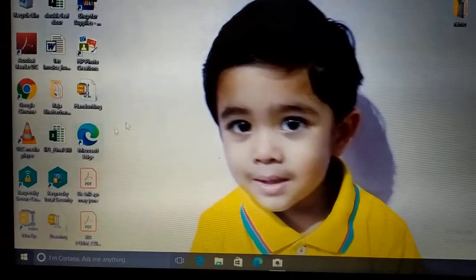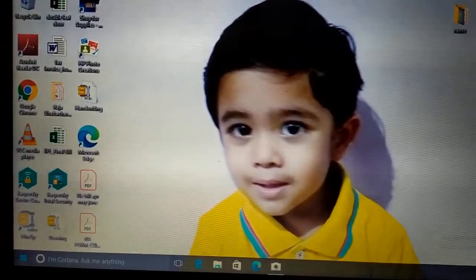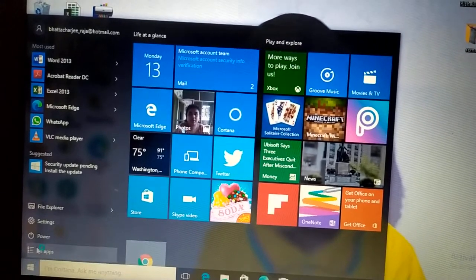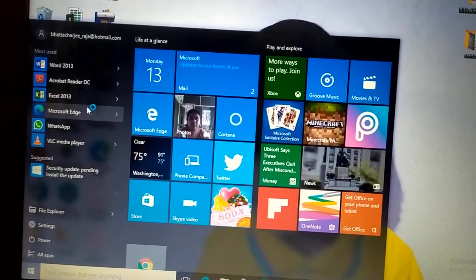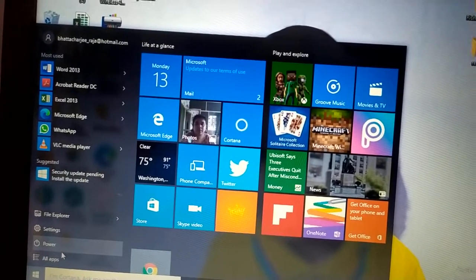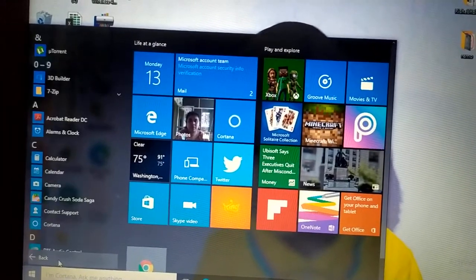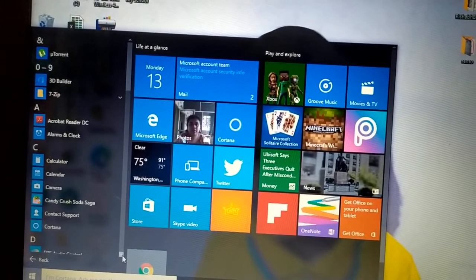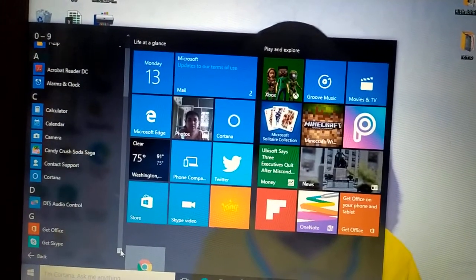Now first we need to go to the start button. Over here you can find all programs or all apps. Here you can find, by scrolling down, Internet Explorer.